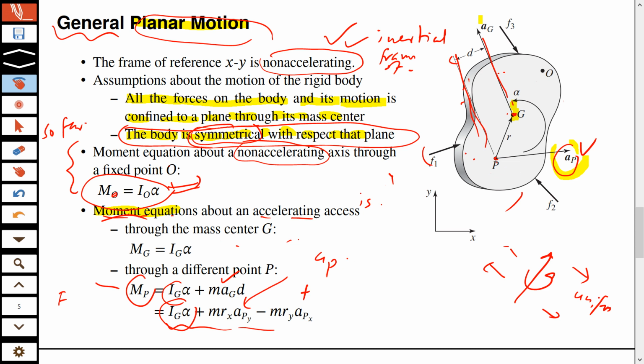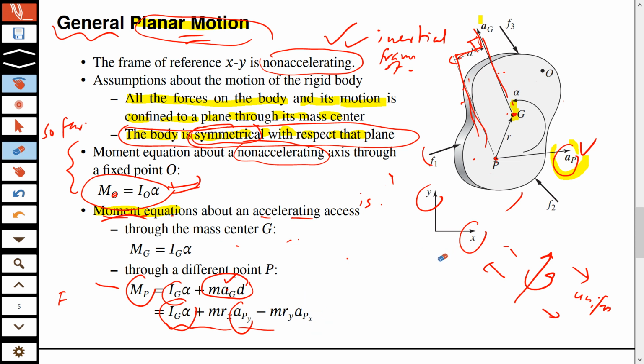Now AP, because we are in a single plane, will have two components: one along the x-axis, which is APX, and one along the y-axis, which is APY. You do a similar calculation, but instead of AG you use APX and APY. Now while AG could be multiplied with D, because these two are perpendicular,